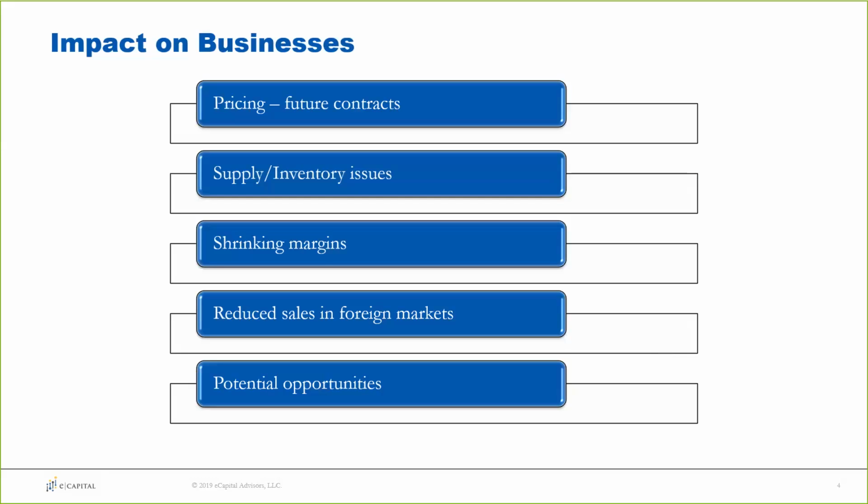Shrinking margins is obviously an issue, but for the most part, it's how long are these margins going to be small, and what's the impact of that going to be on the rest of our business? So is this something we're going to have to deal with for 3 months? Are we going to have to deal with this for a year? What are the other impacts we're going to have to make to our business to deal with the fact that we're not making as much per unit as we were in the past?